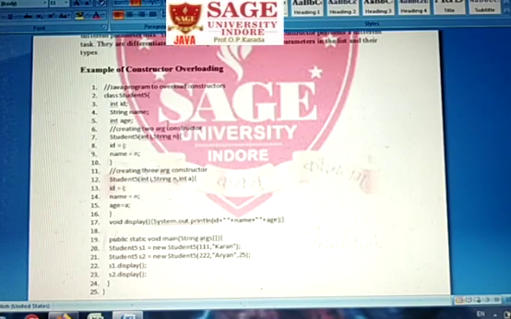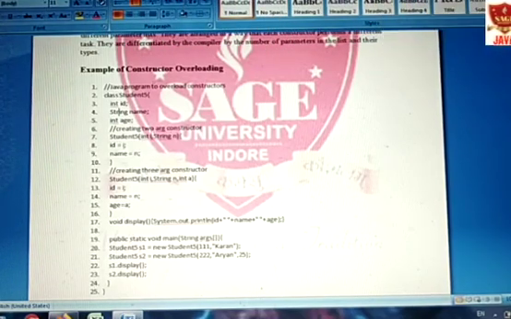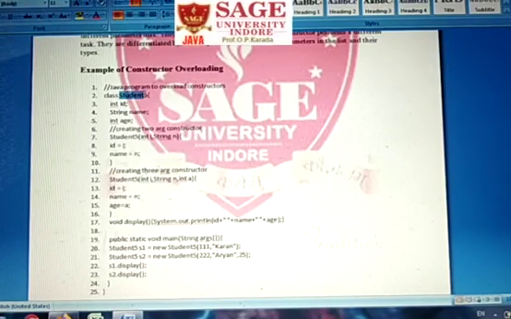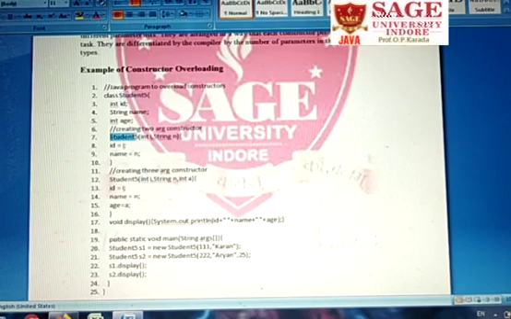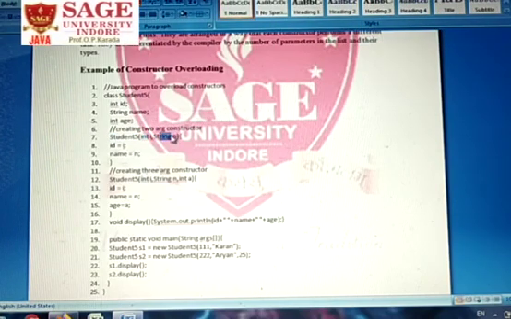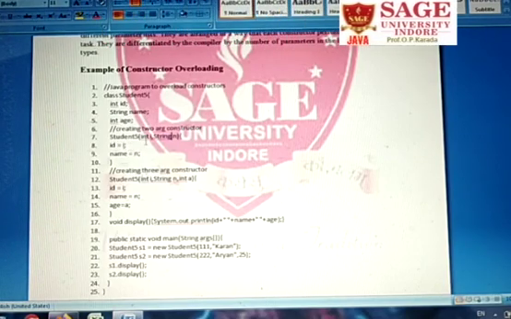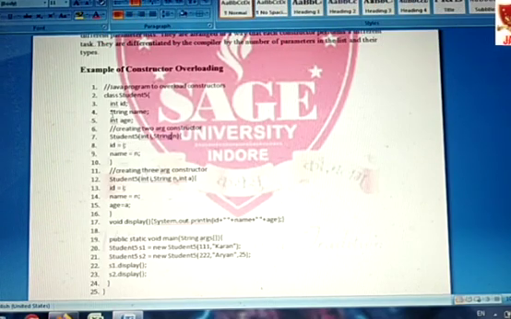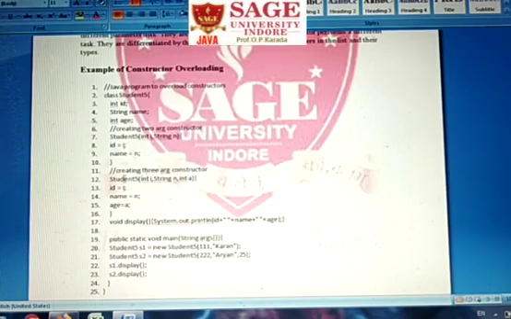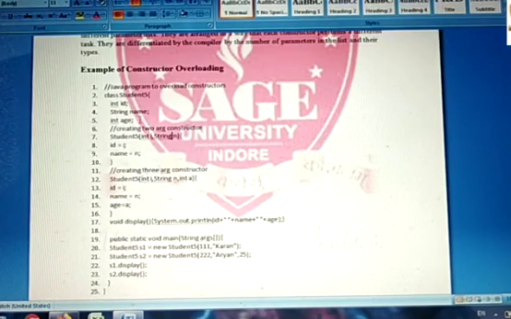Now creating a two-argument constructor, meaning a parameterized constructor having two arguments. This is the class Student5, so the constructor name should be Student5, with two variables, integer i and string n. Now id is equal to i, name is equal to n, meaning this constructor will initialize id and name to these two arguments. Further, creating a three-argument constructor, again we are going to create another constructor which is having